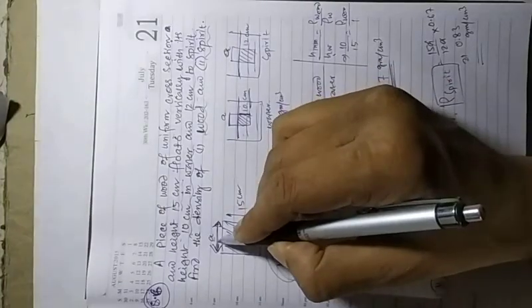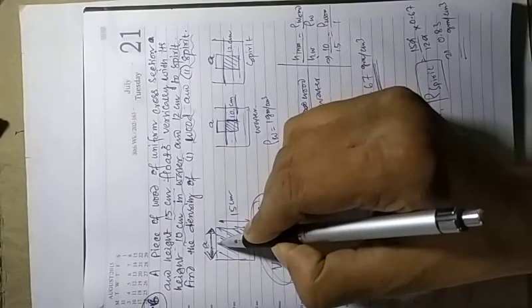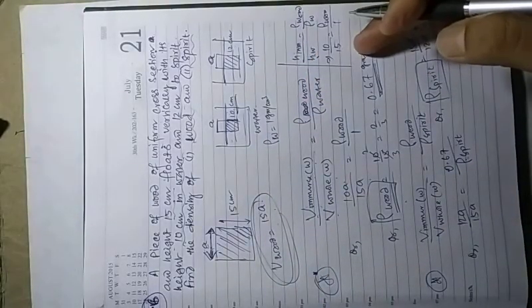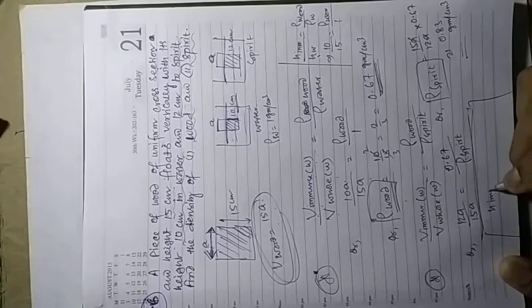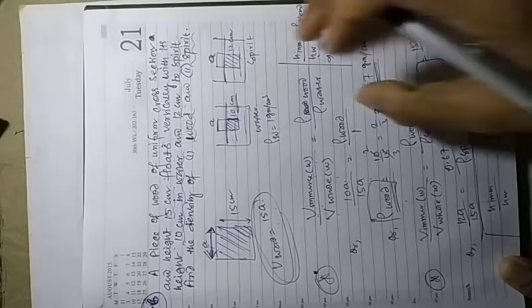Some students will think that if they do not consider A, they may forget how to calculate the volume as the area is not given. Uniform cross section has been told, so area is not given. How can we find the volume? I told you it is A, but you can go with height, no problem. You know this relation. Similarly, you apply the relation here also. Height of immersed part by height of whole, the same thing will come.